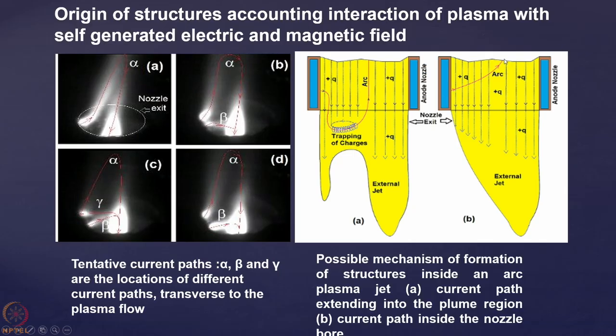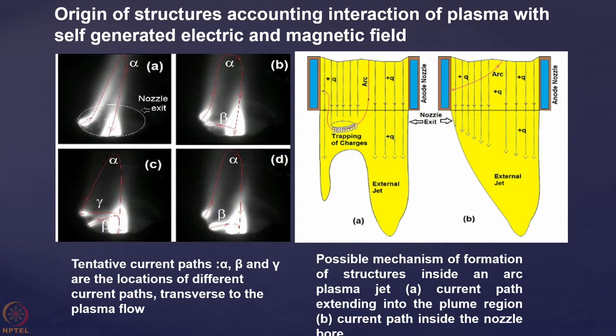Then what will happen? Then you will see that the force is here, but you know that V cross B or J cross B. J is in this direction, and this magnetic field, whatever will be there, will now be in a slanted direction. You know that whenever the magnetic field direction and the flow direction are the same, the V cross B becomes 0. So then it cannot produce any force. But whenever there is a perpendicular component of B with the direction of V, they will pose a rotational force to the charged particle, and they will trap the charged particles.